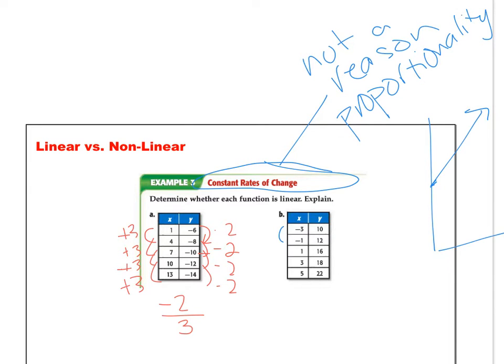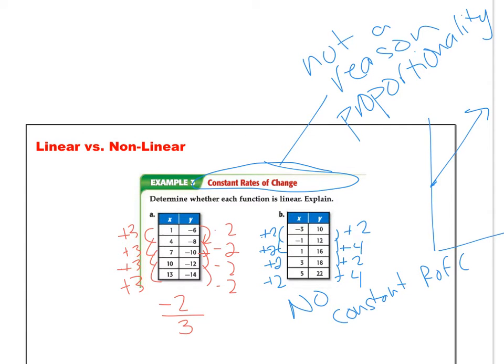Whereas this table, up by 2, up by 2, up by 2, and up by 2, x is changing at the same rate, while y here went up by 2, then by 4, then by 2, then by 4. This does not have a constant rate of change. So it is not linear. So yeah, this one wouldn't be proportional either because it's, first of all, not linear. This one, however,